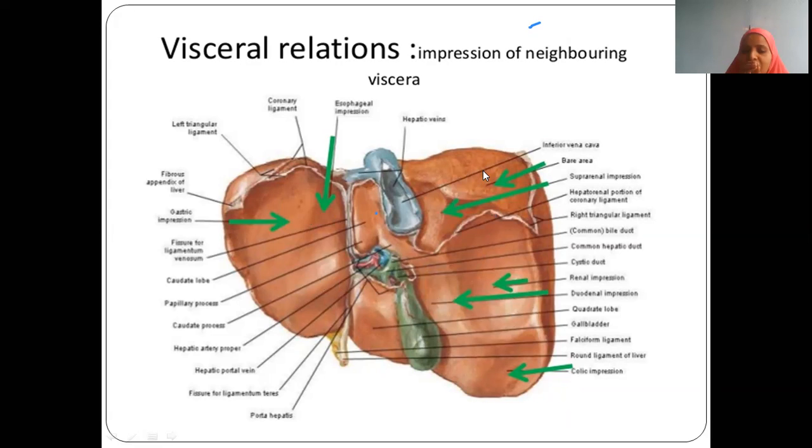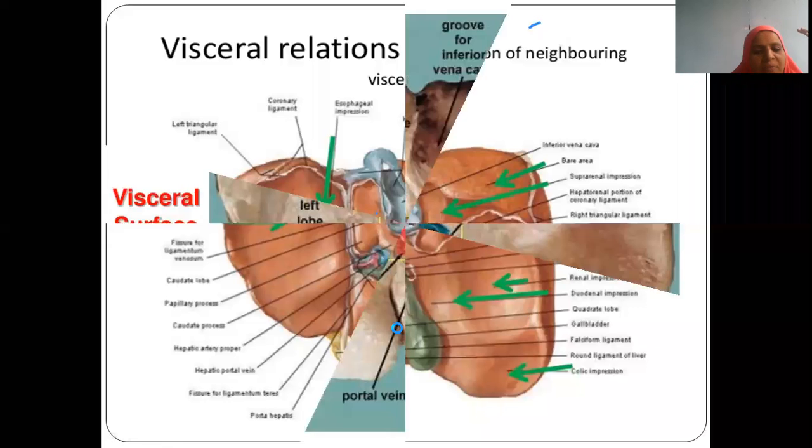Okay, this is an important 5 marks question, and definitely your teachers will expect this answer when we usually take your viva during your grand practicals. Very, very important. You should hold the liver properly. You tilt it, then you will see the inferior aspect, then you show these impressions. I'll share this PowerPoint and learn properly. Slowly you will learn everything.